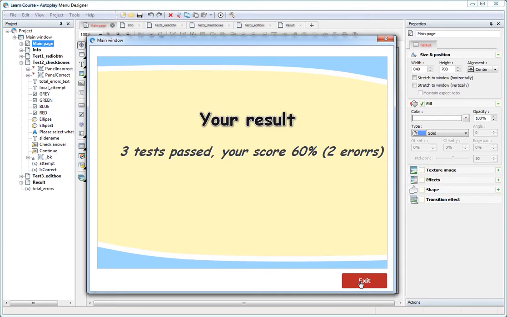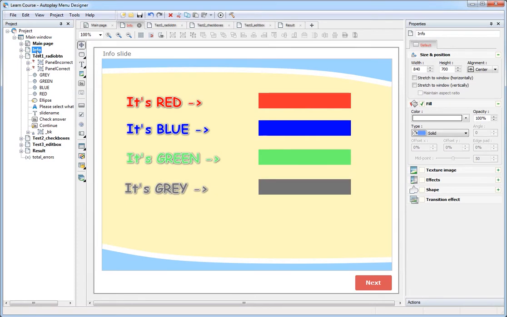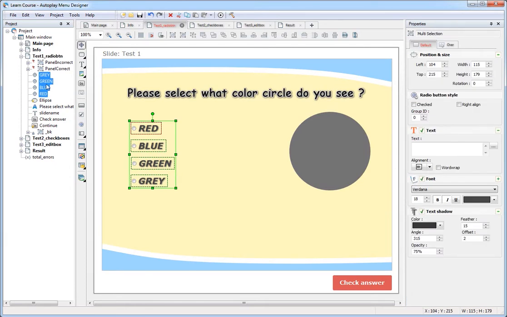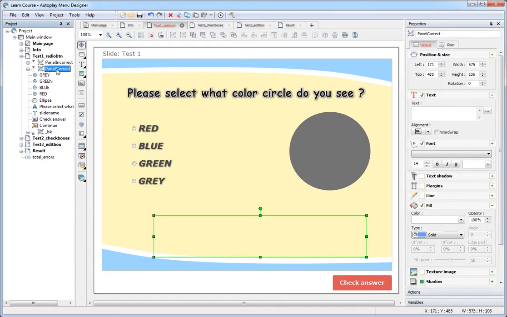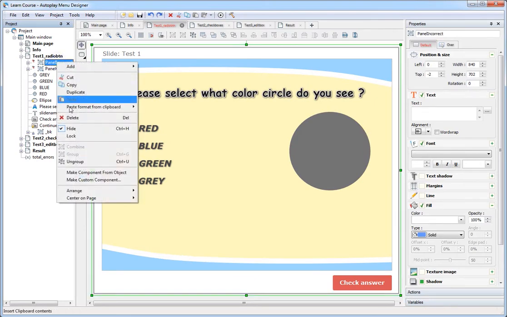In this example, you can't do anything without using variables. Let's see how it works. Let's skip the information pages and look at the knowledge test pages. Each survey contains almost the same set of elements: the question and controls for choosing an answer. Controls can be different. In this case, it's several radio buttons. 2 prepared in advance hidden message panels for correct and incorrect answer.